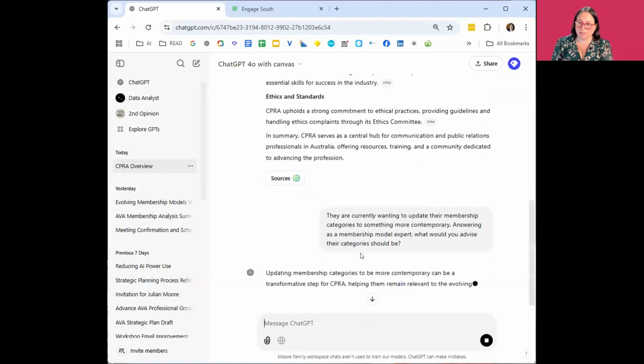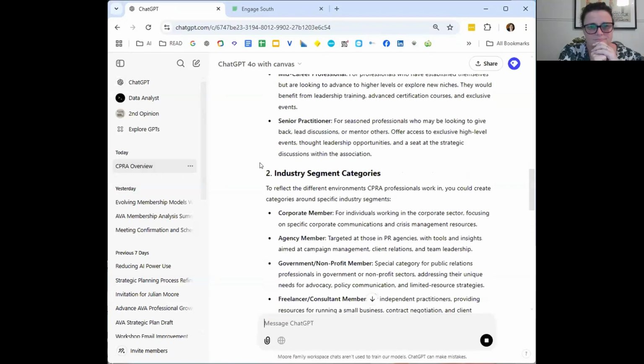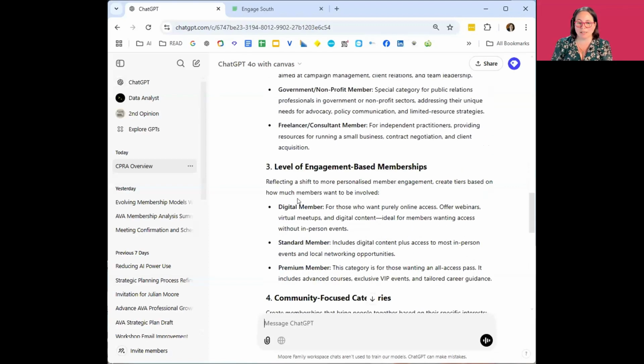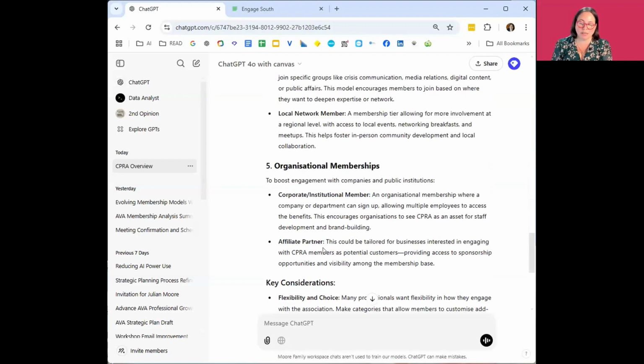Now, I found ChatGPT to be a bit hit and miss. It's getting better, but it does give things that will spark your thinking. So career stage categories, industry segment categories, level of engagement, community focused. So it gives you things to start the ideas going. So I'd use it for that, but also you can say, create an Excel,